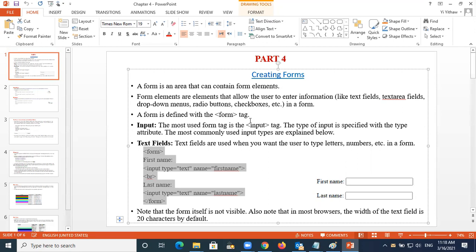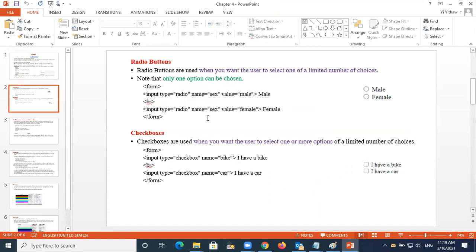So I believe you already know the simple creation of the form, in order to come out like this. Let's go to the next one. The next one is very important also. In your project you have to include these things, and this is important in the final exam also, because the final exam is going to ask this one.